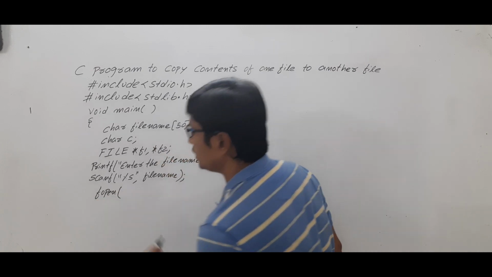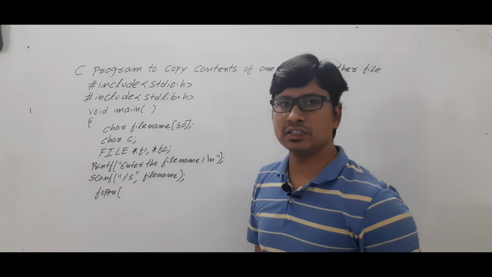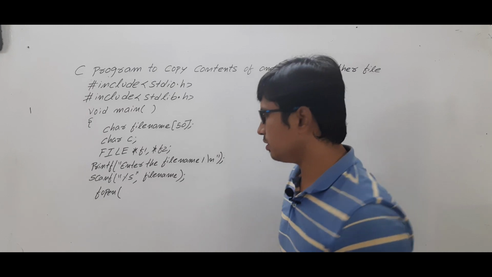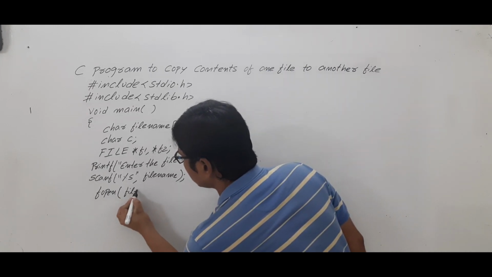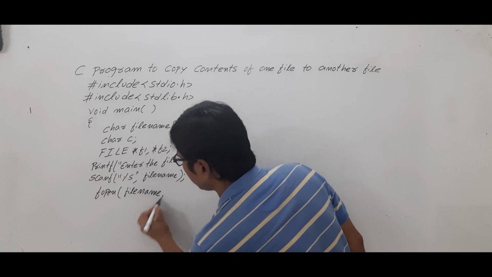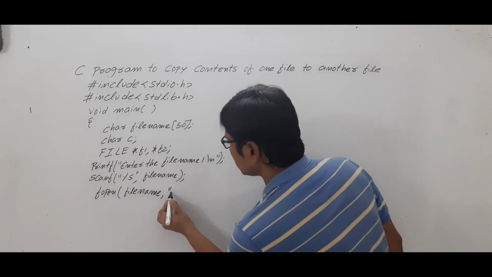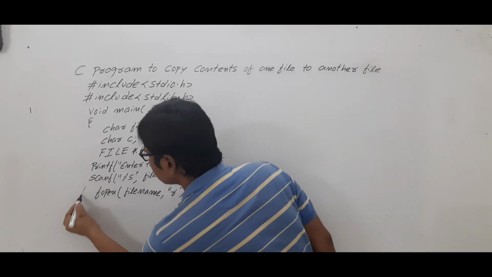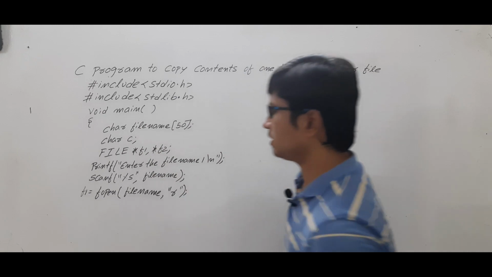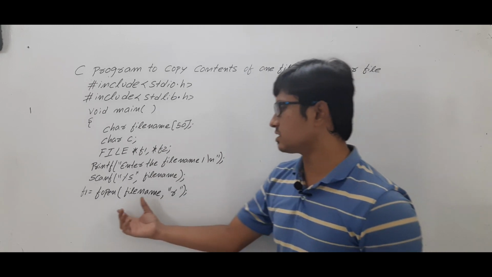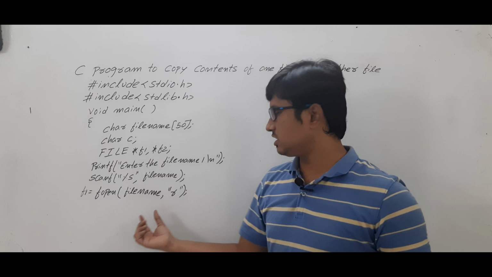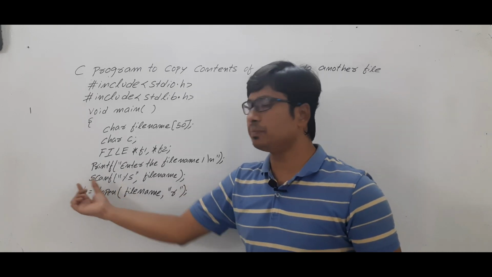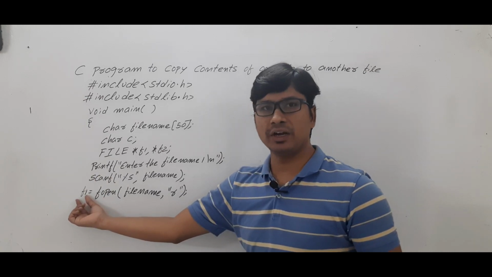Okay, fopen we need to use, and this fopen function will take two parameters. One is the name of the file and another one is the mode. So here the name of the file is already there in the variable called file name, and the mode I want to open it is in the read mode. Okay, because the file 1 I need to read it, and then we will assign to a file pointer called f1. Now look at this thing. Suppose whatever the file name you have entered, if it is already existing, then it will give the base address of the file to the pointer called f1.